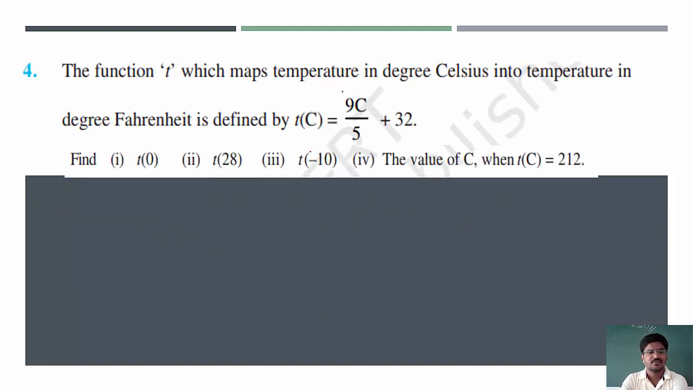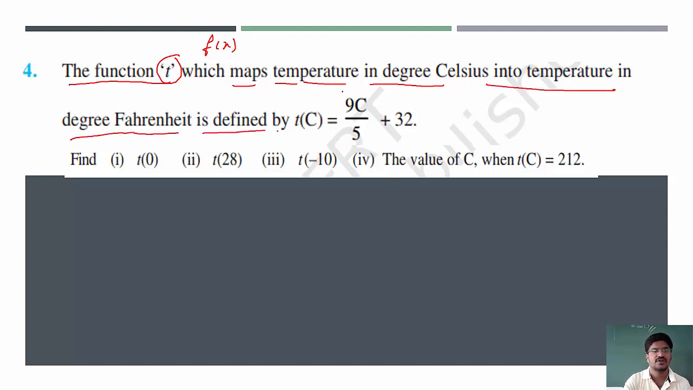Okay, this is also the same problem as we solved in the previous question. Here, in the place of f, they are writing it as T. In the previous problem, we were writing f of x, but here they are writing it as T. A function T which maps temperature, T meaning temperature in degree Celsius, into temperature in degree Fahrenheit is defined by